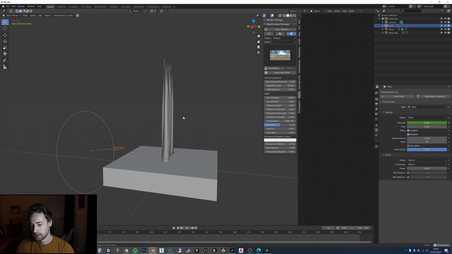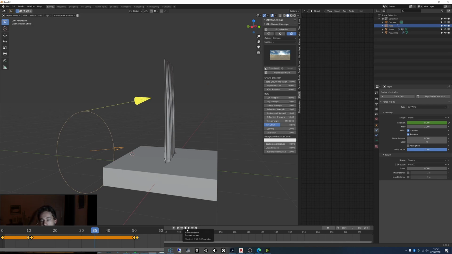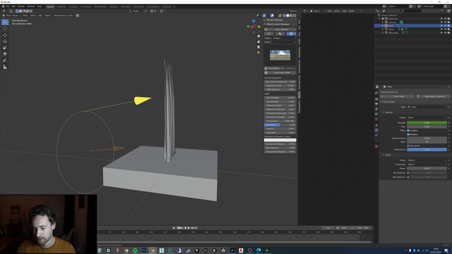So if we look here, the curtain will start blowing, and then the curtain will stop blowing again. Okay, I might move these across actually, because I feel like it was kind of blowing and then it stopped, and then before it came back again. So I'm just going to move that back. And you can kind of do this for as long as you like. The longer the loop, the more realistic it is.